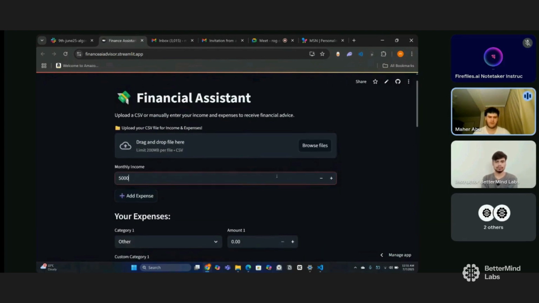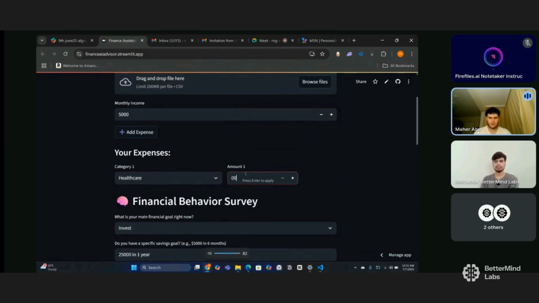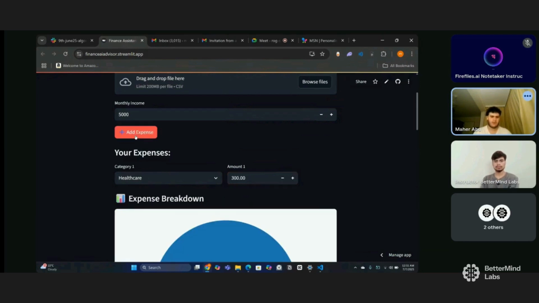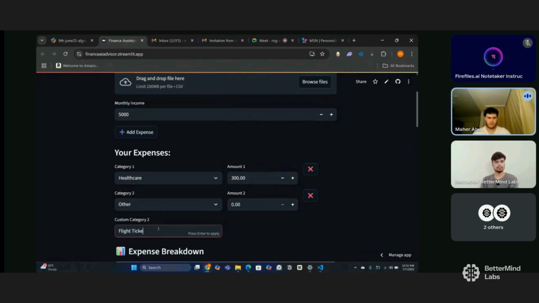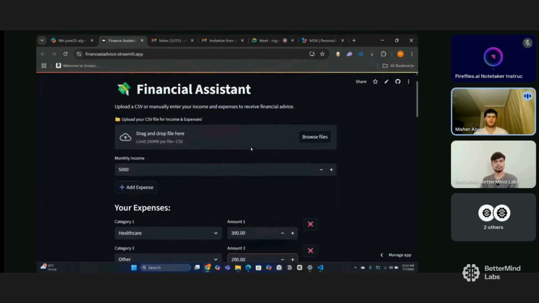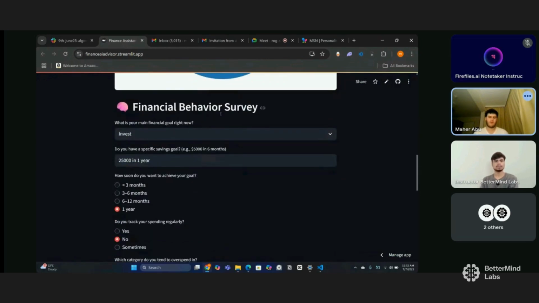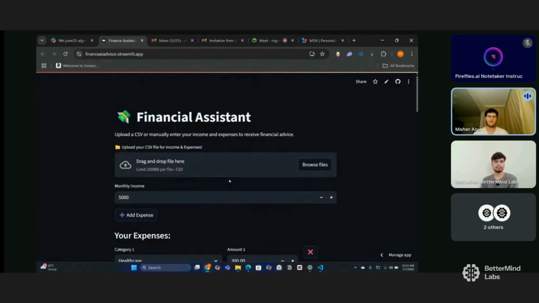Based on the CSV 5000, here I can say that I've spent $300 on healthcare, which is a lot, honestly. But I can just add expenses if I'm not spending money on any of the following categories. Let's say I can just say flight tickets or something, and then I can say I spent 200 on flight tickets. It's also going to take that into account on the pie chart. So yeah, this is how the app works. It takes in your expenses, your income, and it gives you a survey, and it gives you very general and, like I said, short, concise advice for the user, so that they can better manage